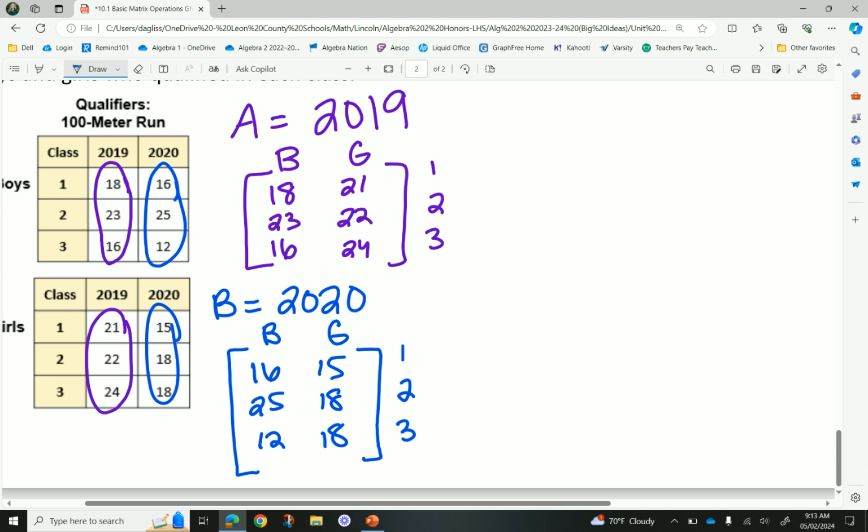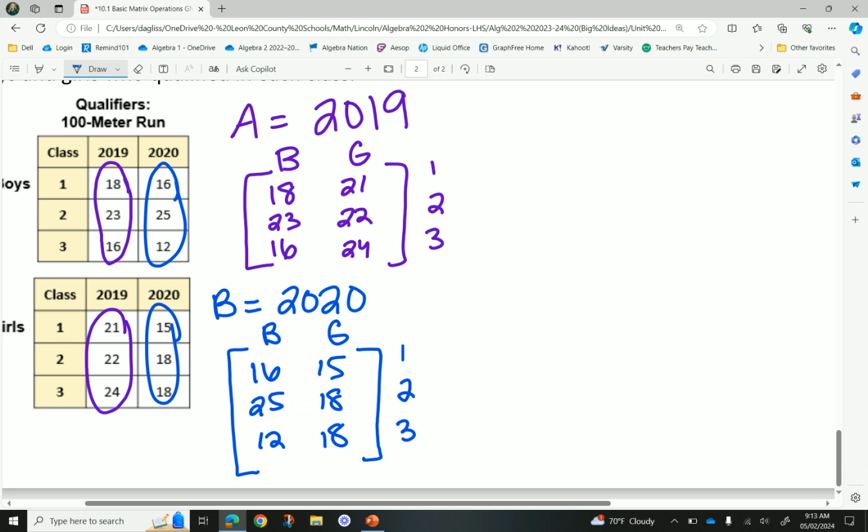Yeah, we good? So make sure you read, because if you just took the tables and made each of them into a matrix, you would be wrong, right? Because what they gave you was a girl matrix and a boy matrix, and they wanted you to have the matrices for each year. So make sure you do read on how it wants you to use the data that's given to you. Okay? So now that we have a matrix for each year, it wants us to find the average